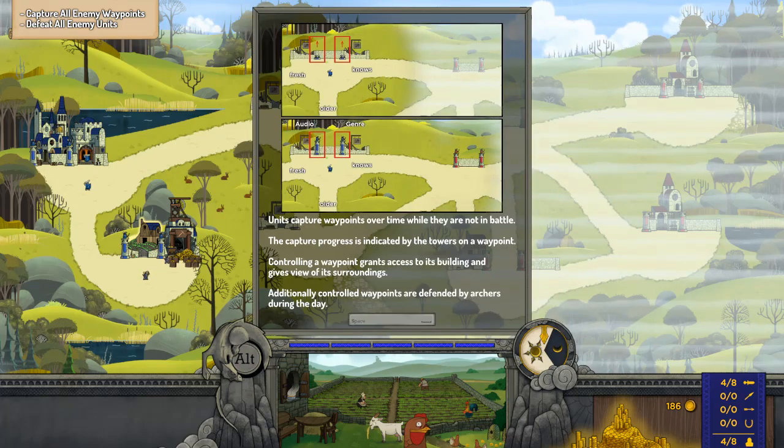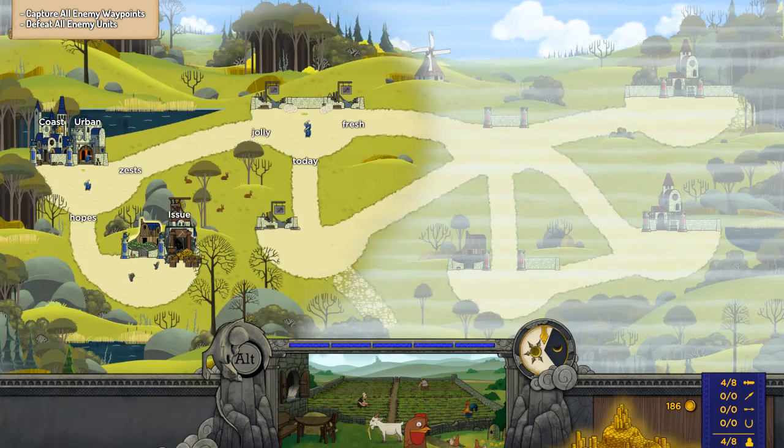Okay, units capture waypoints over time when they're not in battle. Capture progress is indicated by the towers on the waypoints. Controlling a waypoint grants access to its buildings and gives a view of the surroundings. And they're guarded by archers during the day, which makes it difficult to invade. Okay, so we go to...